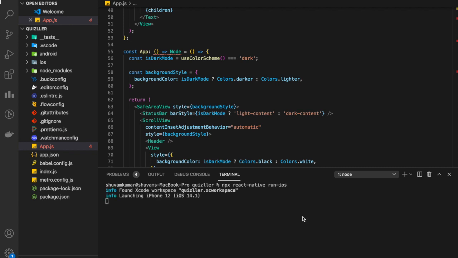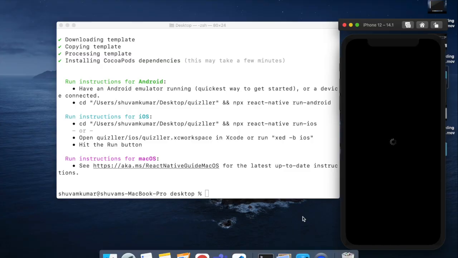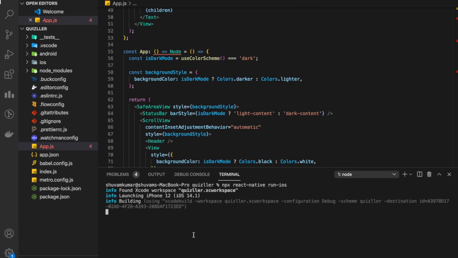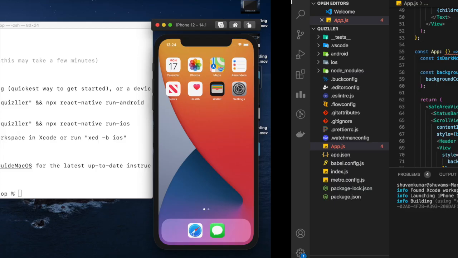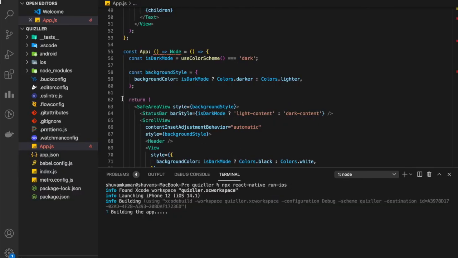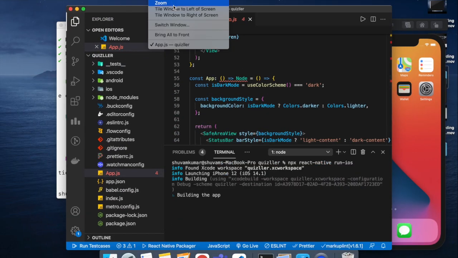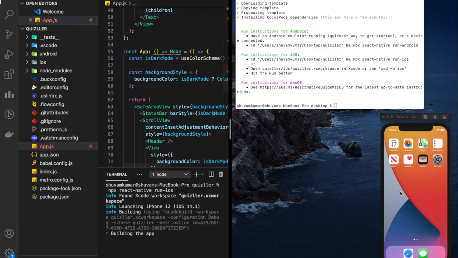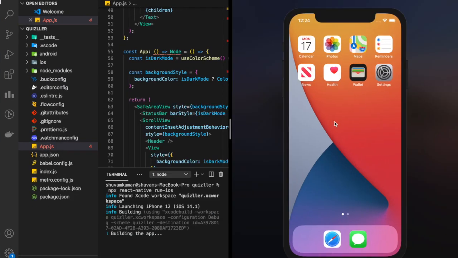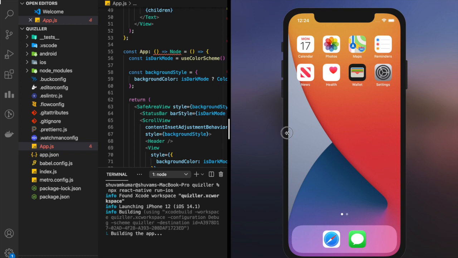So meanwhile it is launching. For the first time, if you launch the application, it will take a lot of time to build the app. But since I have run it previously, this will run quickly. So I'll just set up the screen. We'll minimize this and we will tilt it to the left of the screen, and for the right we will use this. So now I'll just make it a little big,